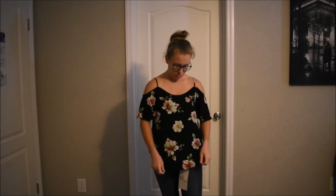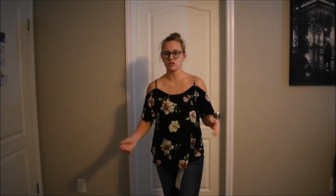So this is one of those things where I feel comfortable in this if I was even out buying groceries. You know, it doesn't feel like it's too dressy or too slouchy. Like it's just a good